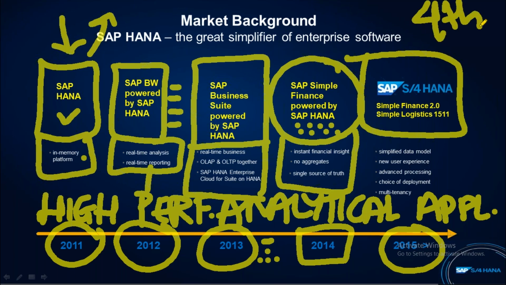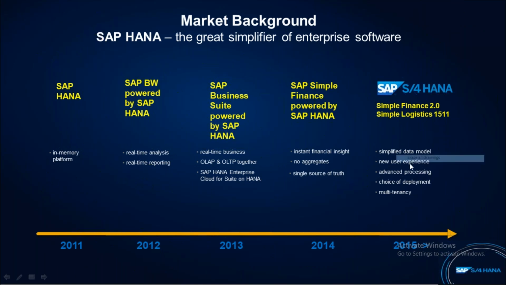generation SAP powered by the HANA, and simplification with the finance and logistics, the core component of the ECC, and of course we have human capital management and other business suite, offering the simplified data models, and then better user experience with the Fiori, advanced processing, the choice of deployment to go on the cloud or stay on premise or have a hybrid or multi-tenancy with the clustered large landscaping. So this is the roadmap that we have from the SAP with regards to the products that has been further